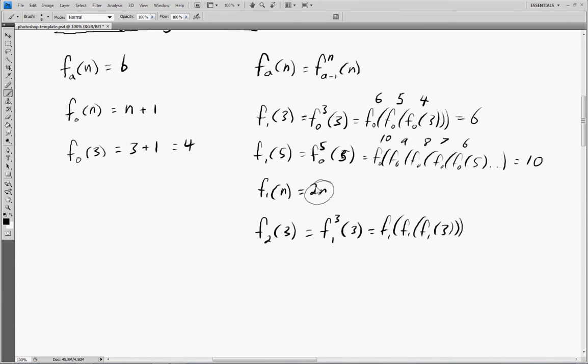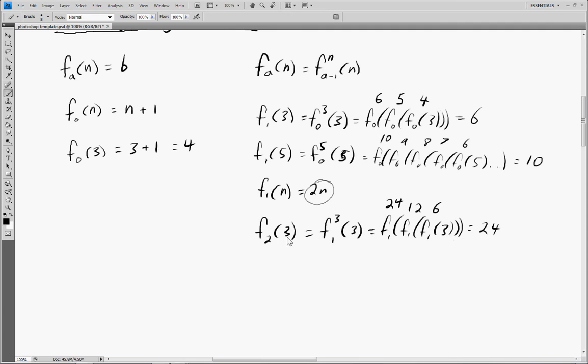So we're going to use our general form right here, so 2m. So f1 of 3, double 3 is equal to 6. f1 of 6, double 6 is going to be 12. Double 12 is going to be, finally, 24. So this equals 24. So in this case, what the f2 function is doing is it's doubling the number n